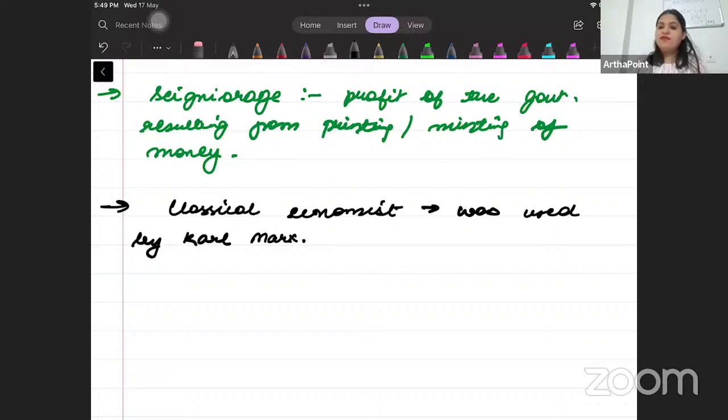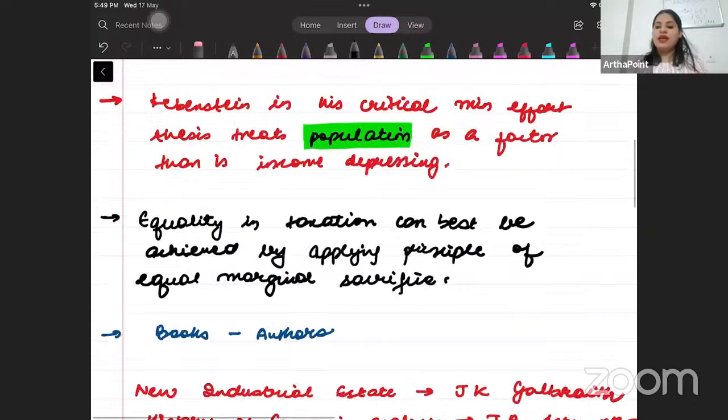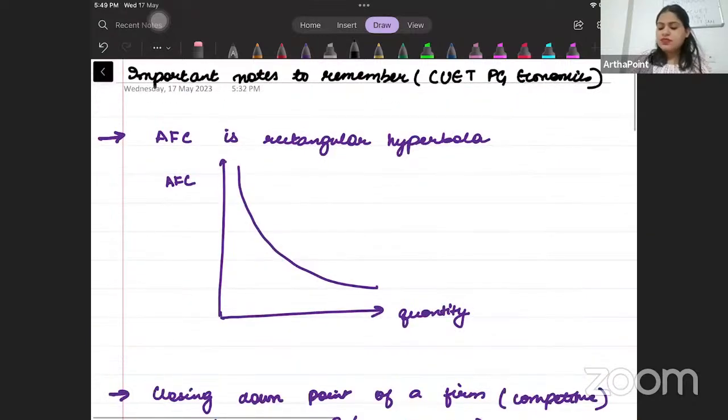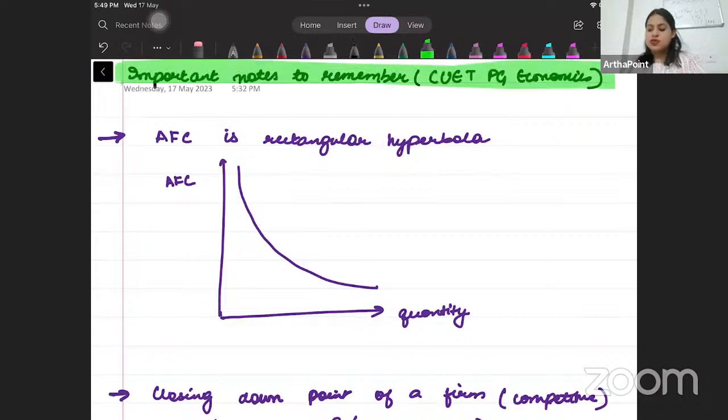So day 1 का हमारा important note हो गया, ये aim है हमारा, we will try and write as many such pointers in the live classes as possible. The aim is for you to score 350 plus out of 400 in your paper. So these points will be very useful there. Okay.